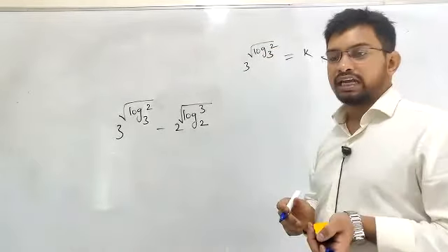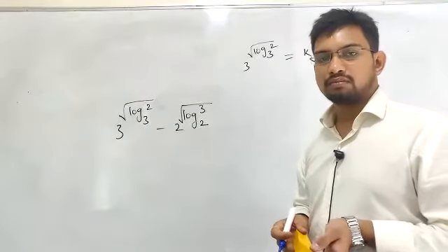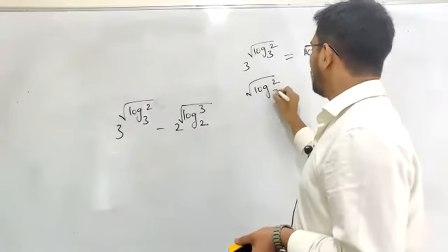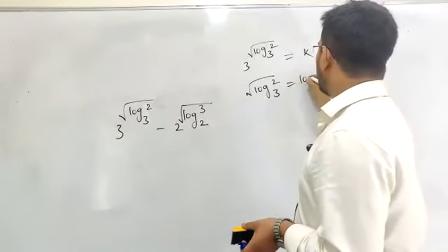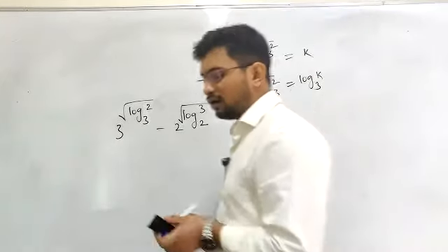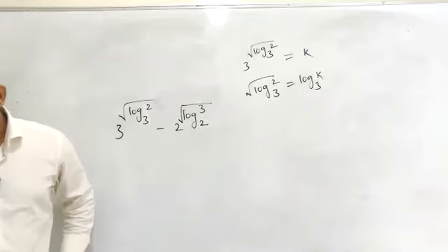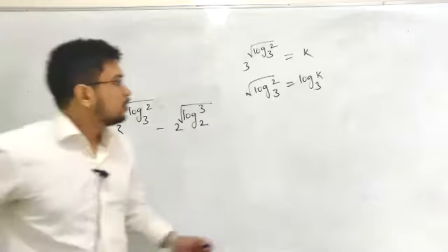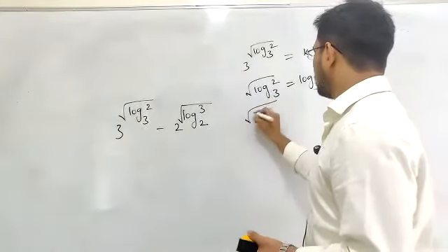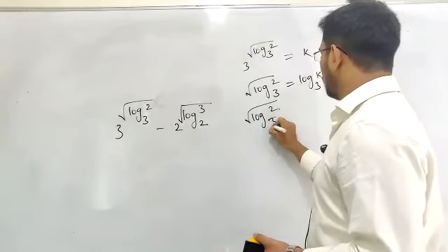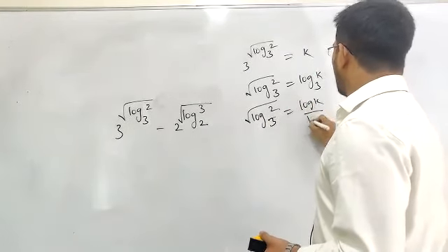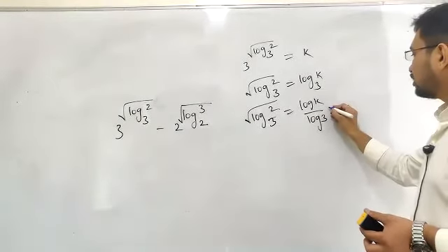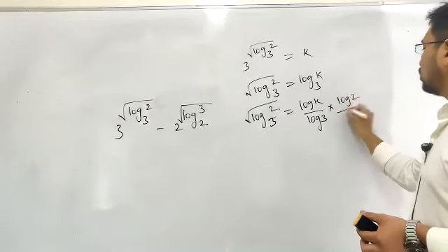This exponential form, we will convert it into the logarithmic form. So this is log 2 to the base 3, this is log k to the base 3. We converted the exponential form into the logarithmic form, right? So this form, I'll write something like this. Log 2 to the base 3 is something like log k by log 3. That's it, this is log k by log 3. This log k by log 3, I'll write as into log 2 by log 2.